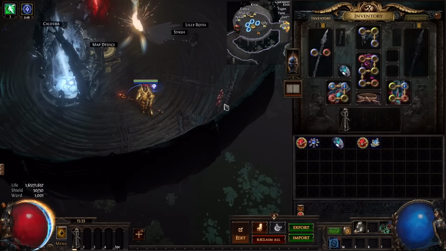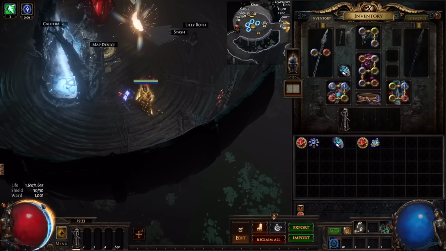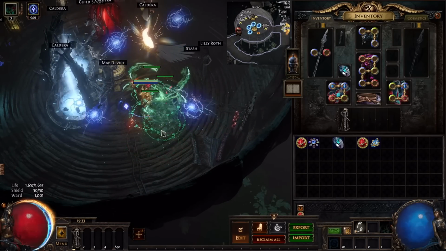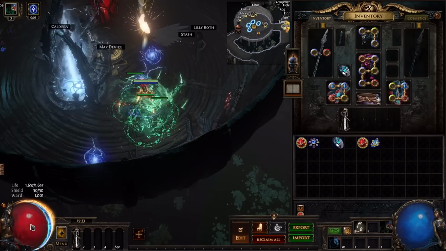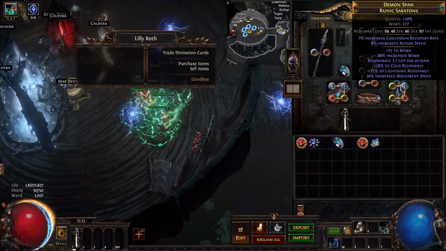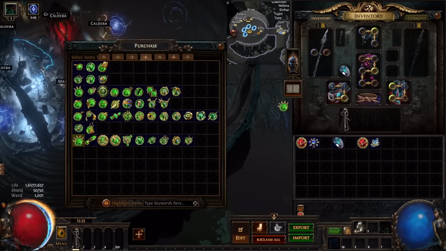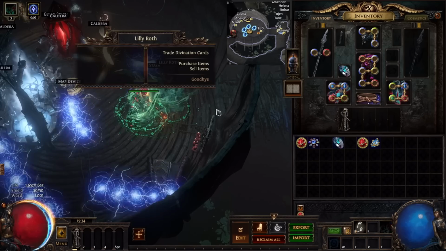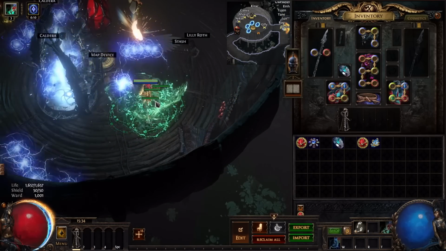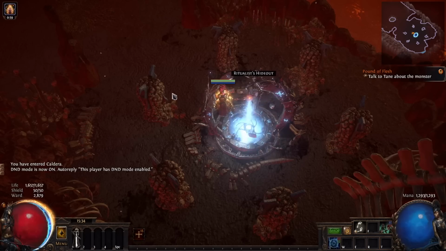Okay, now we have everything set up. We have our ward, our flask running infinitely, and we have our loop perfectly synchronized. As you can see, we don't take damage, our loop is running, and here where I have Ball Lightning, you can socket any support gems for it or whatever. You can make your own build as you wish. But let's see how it performs in a map.